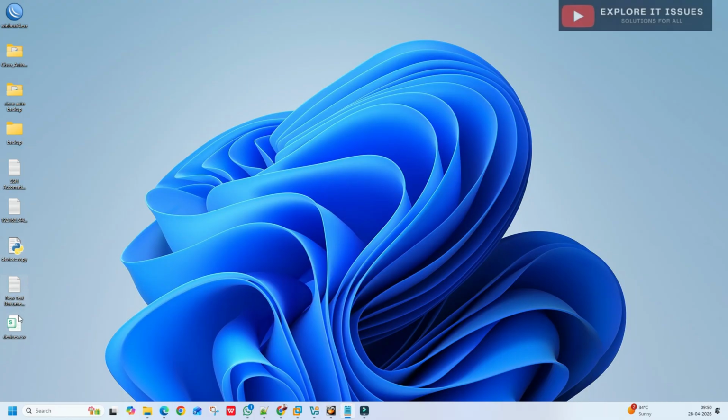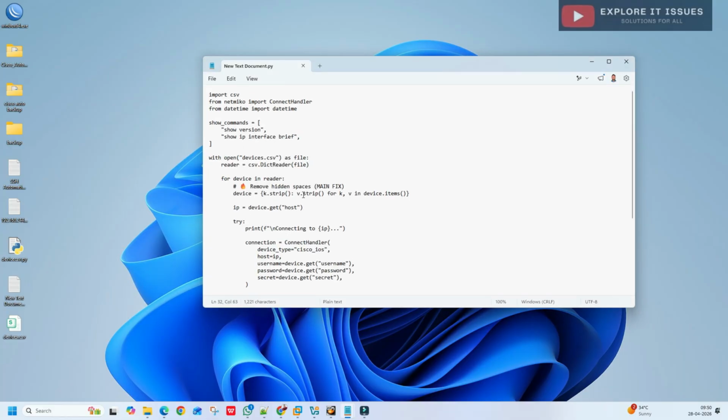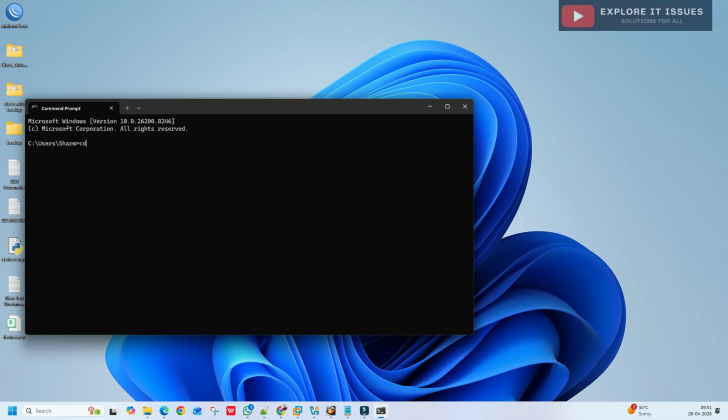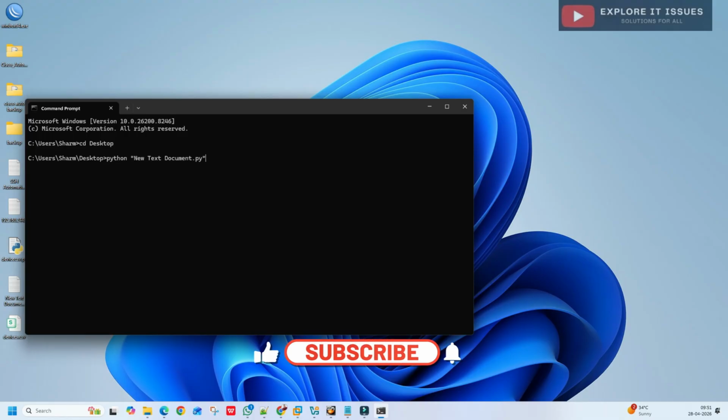So I created another new file, new text. Okay, and run the same file in Python format. I'm clicking here, cmd, cd desktop and python newtext.py. Once we press enter, we get the output in the text file in the backup folder like this. We have already created the same code, we have changed it, run this here and enter.